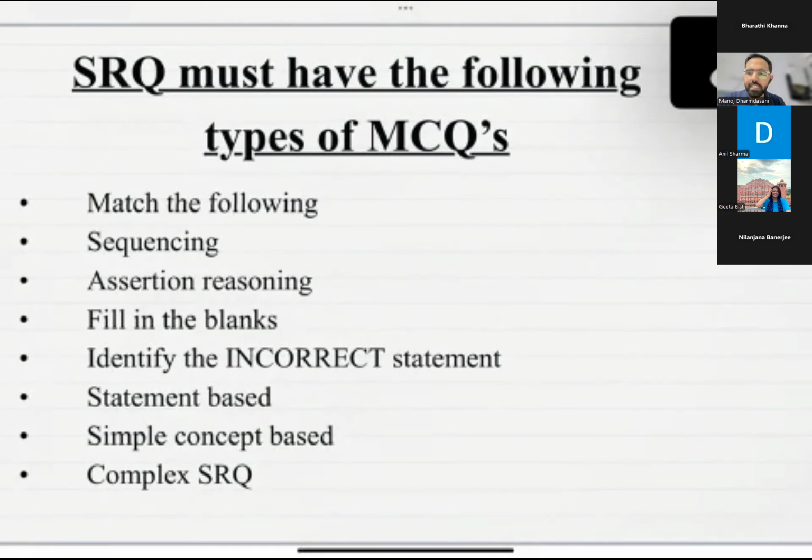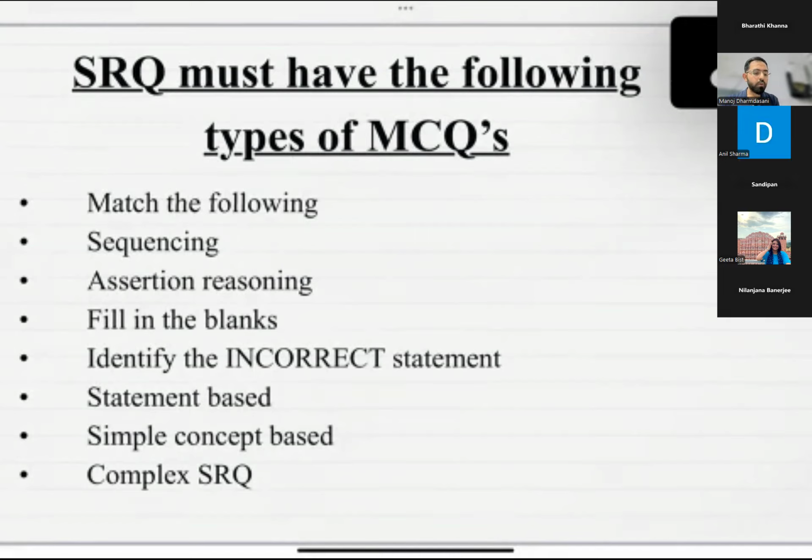So it includes the following categories, 8 categories I have mentioned here. First is the match the following category. This category basically creates a long question, because in this particular category you have to give 4 options, which have to be matched with another 4 answers. So for a teacher, it is very difficult to frame more than 1 or 2 of these questions. Under Circular 30, CBSE has also clearly mentioned that match the following questions of 1 mark should be a maximum of 1 or 2. The number of match the following questions should not exceed 1 or 2 questions maximum.